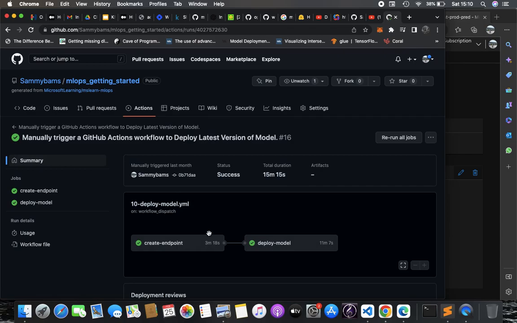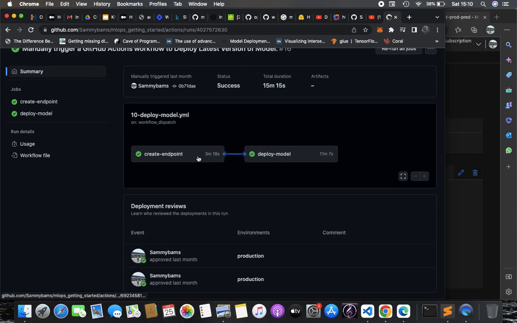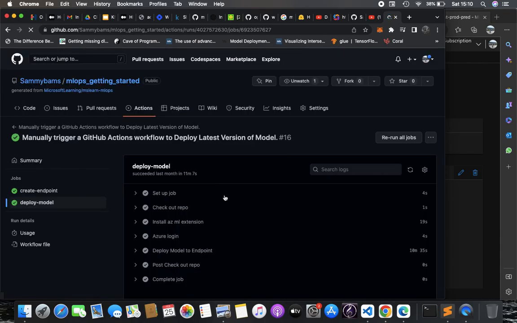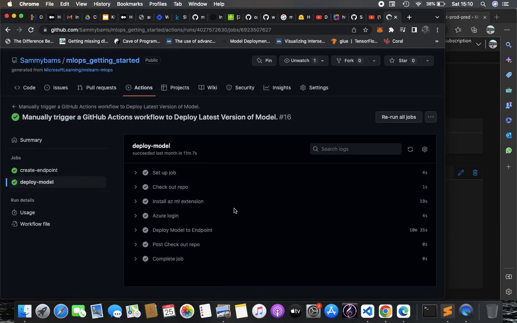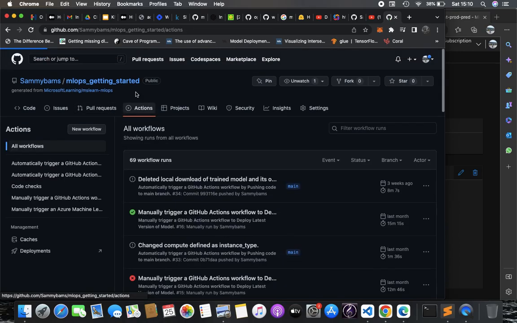Yeah, so this was a success, deploying the model. You can see the link here which shows that one depended on the other. So the deploy model job depends on the create endpoint job, and that's the summary of this learning path,